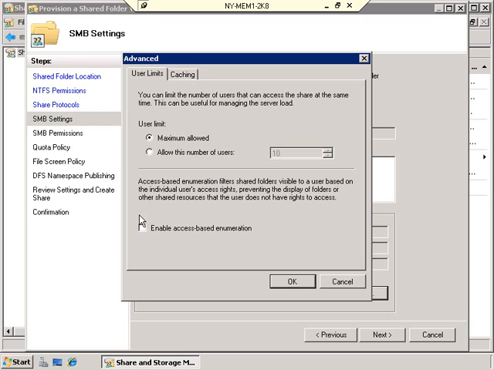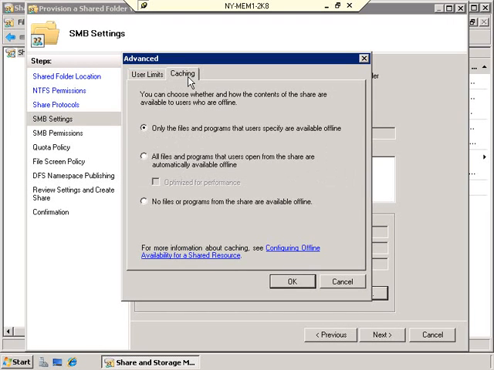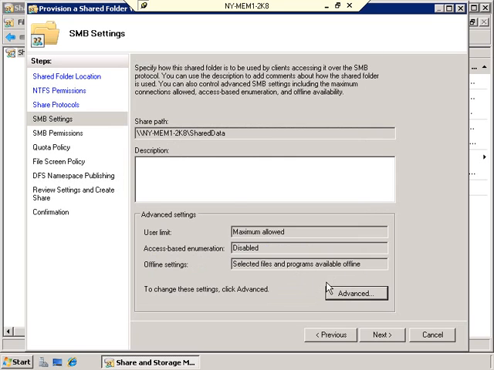Now down here we can enable access-based enumeration, which, just to read this to you, filters the shared folders visible to a user based upon their access rights. And this really has to do with if they don't have access to it, don't let them see it. Again, an advanced feature that we're not going to worry about for right now, but kind of a cool thing to know about when you get to that level. And then we have caching, which has to do with offline files, which we'll talk about later on in this video. So let me cancel out of here,